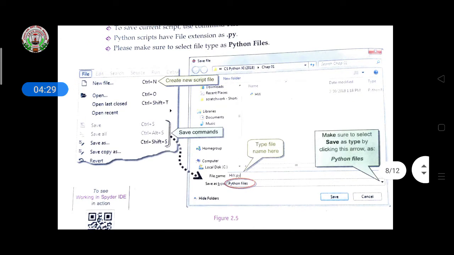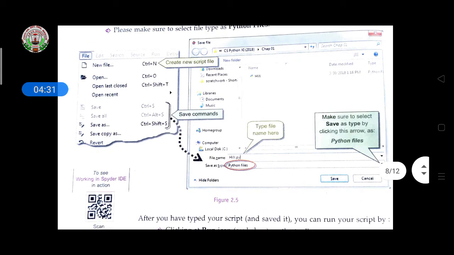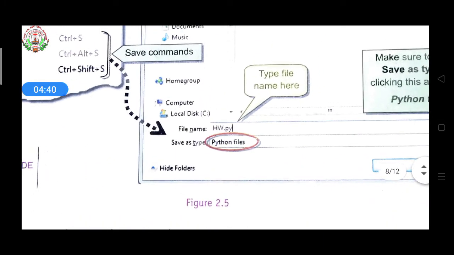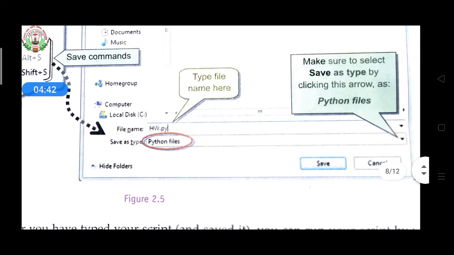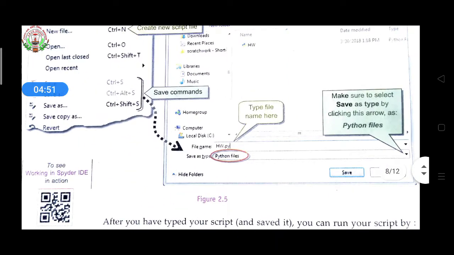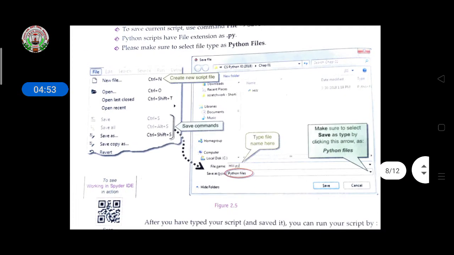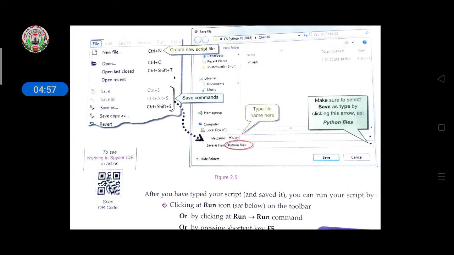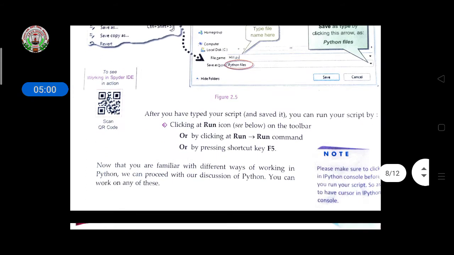So how to save it is given here. See, the editor's save file dialog is given. Here the red circle, Python files, is given there. This red circle means you have to select from this side. Make sure you select the type by clicking the arrow and choosing Python files. And above that the file name field is given. There you have to write the file name and then the extension also. First you have to give the file name, and afterwards, if you are continuing to write the program, you only have to click on the save button.